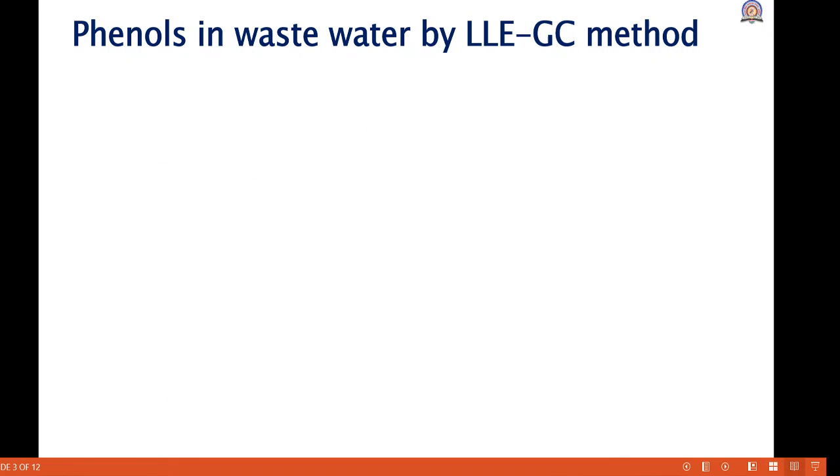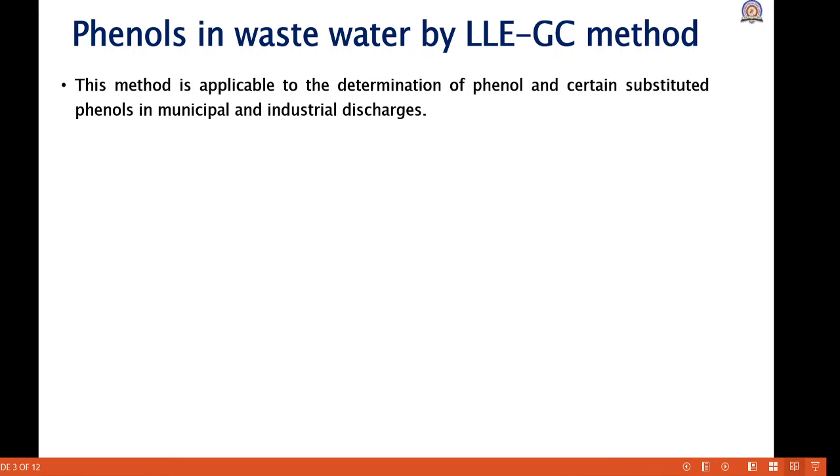So first we start with phenol in wastewater. It is detected by the LLE GC method. So what is that LLE? It is nothing but the liquid extraction gas chromatographic method. So phenol present in the wastewater can be detected by using the liquid extraction method followed by the gas chromatographic method. We know that this method is applicable to the determination of phenol and certain substituted